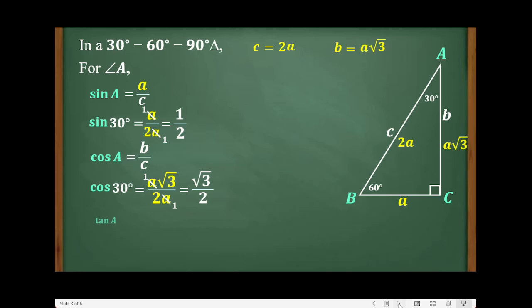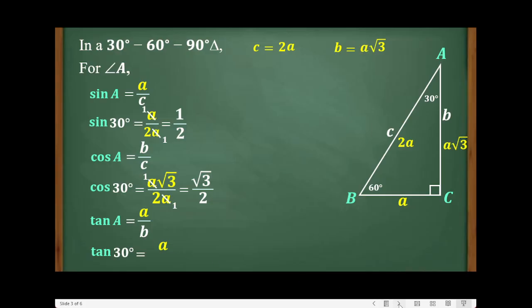Next, tangent of A. From the SOHCAHTOA, tangent of angle A is what? Opposite leg over adjacent leg. So that is A over B. Then, replacing the value of angle A, which is 30 degrees, tangent of A becomes tangent of 30 degrees, which is equal to A over the equivalent of B, which